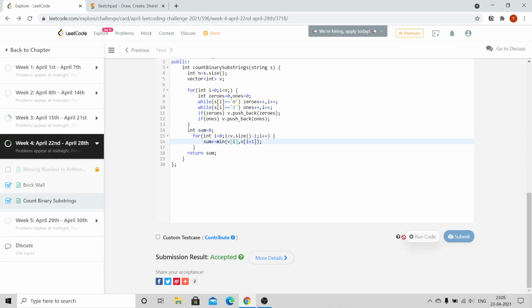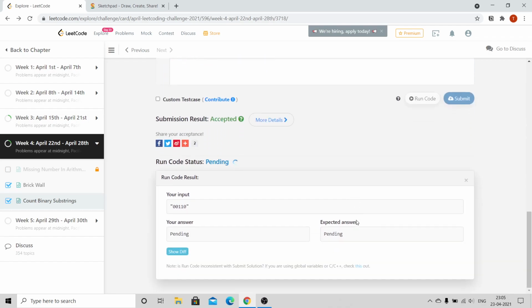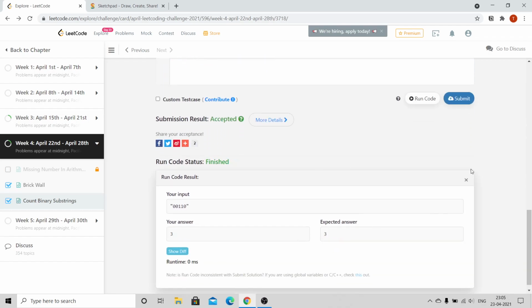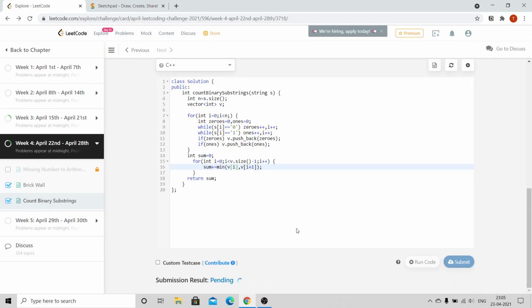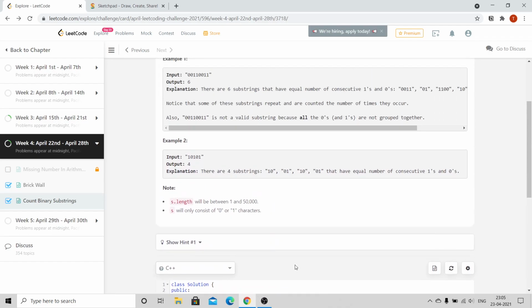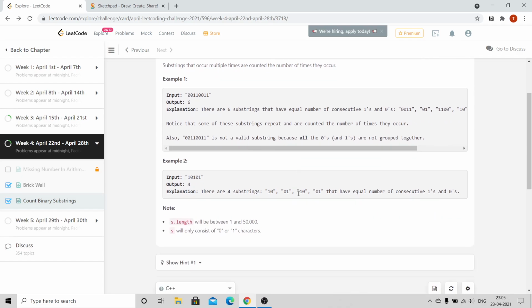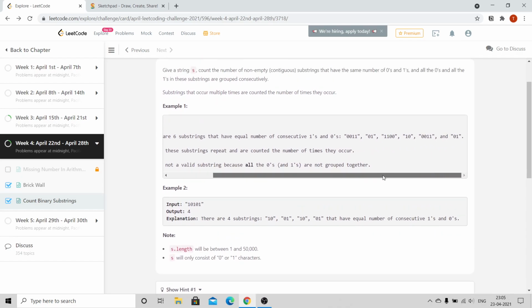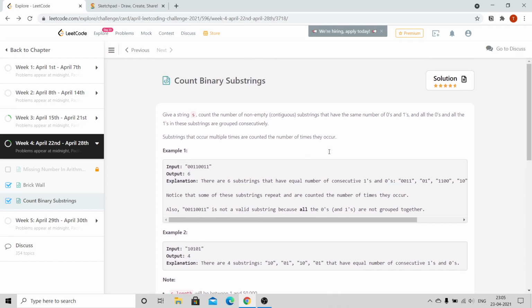So now if I run the code, you can see it has its value. Now I'll also try to submit the code. So it's accepted. So that's the solution for this one, guys. You can solve such problems with just some observation and intuition. Don't be afraid of such problems, and also try to write down the brute force solution and see why it's not working.